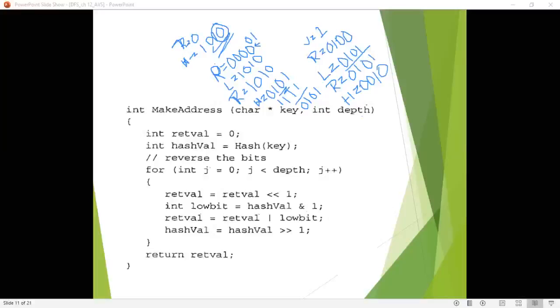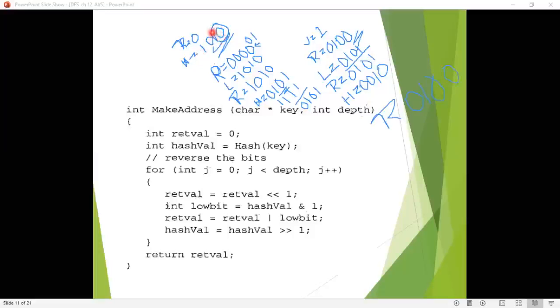Now this is over, so next is return the value. Here we will stop and it will return the value. What value will it return? The first 2 bits. What is the return value here now? The return value is this one, that is 0 1 0 0. That is, you got the reverse of the low bits.